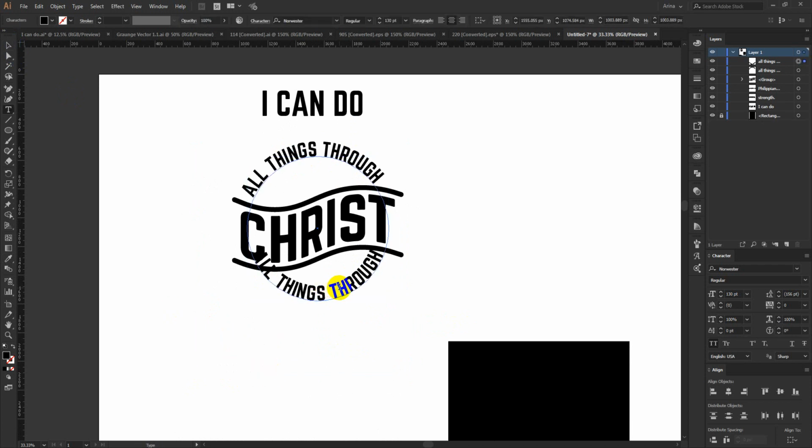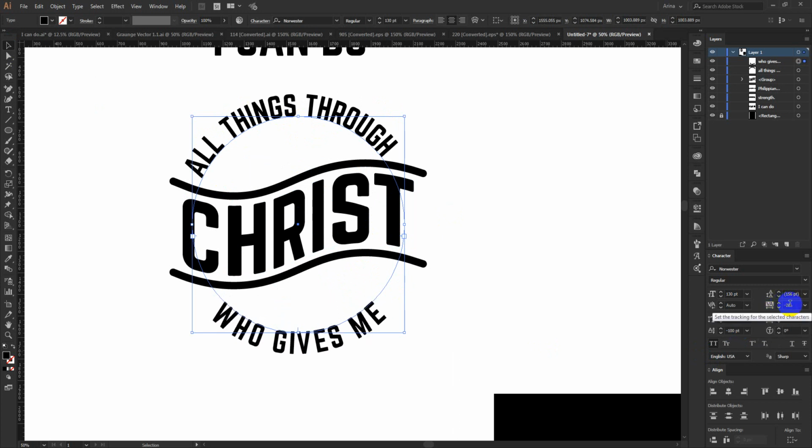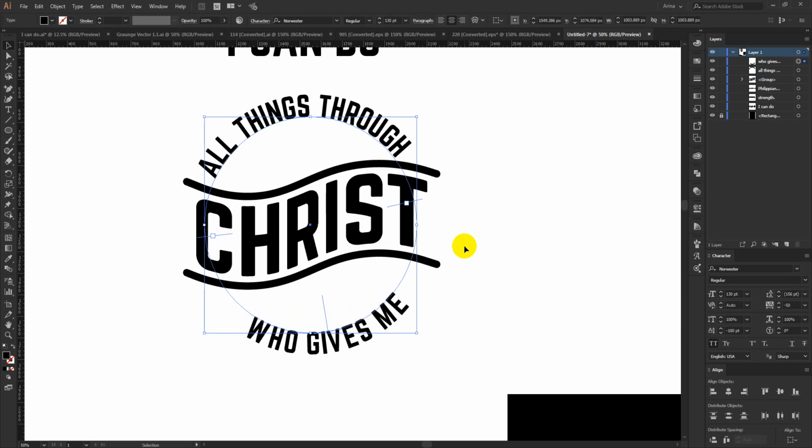If I double click here, I can easily paste that one here, but I want this text to look like this one here, so I am going to change its base position. Okay, like this. Now I want to make them a bit closer to each other. That will work for me. Now I am going to place it like this. As you can see, this text will not work for me